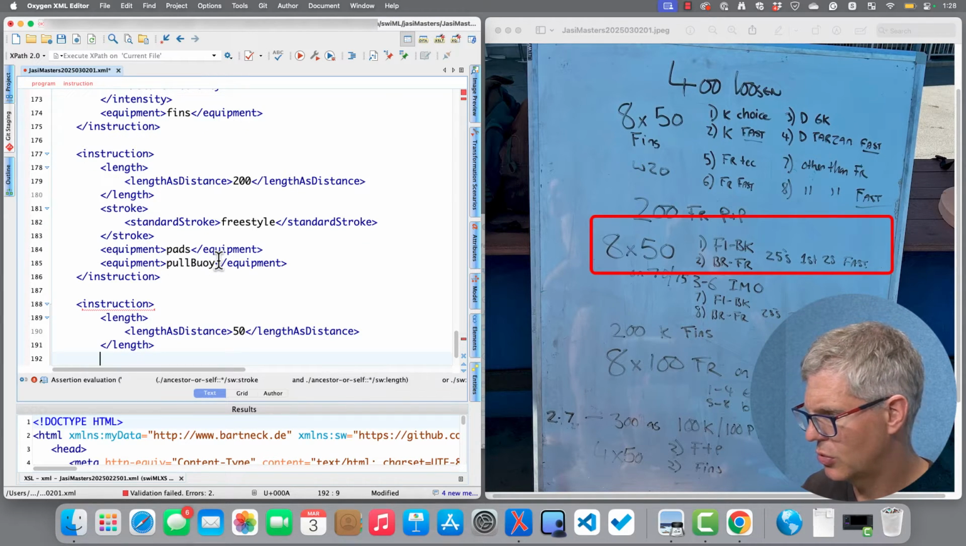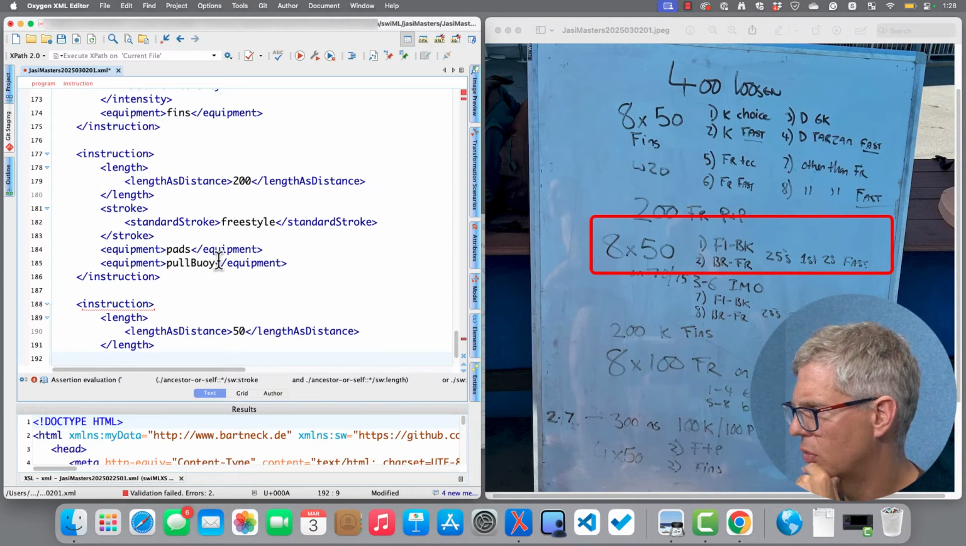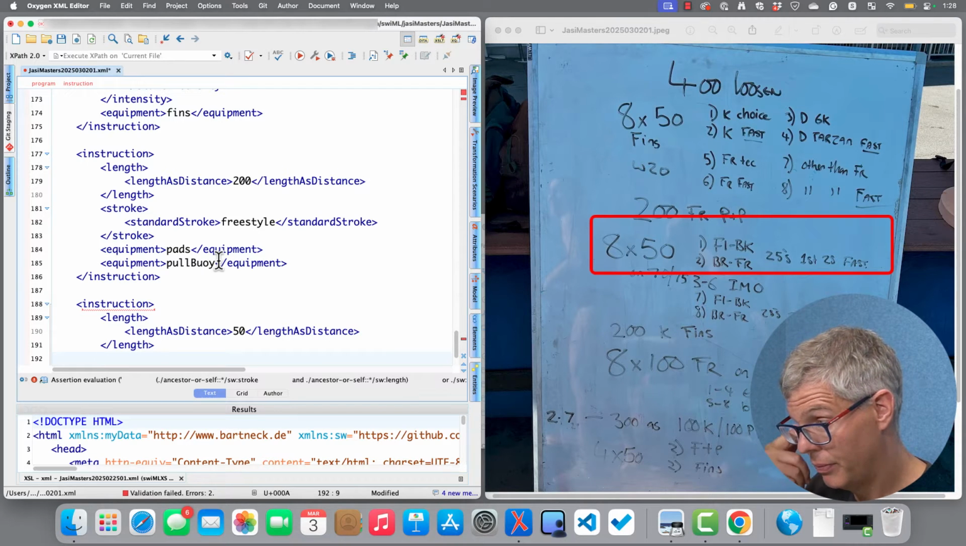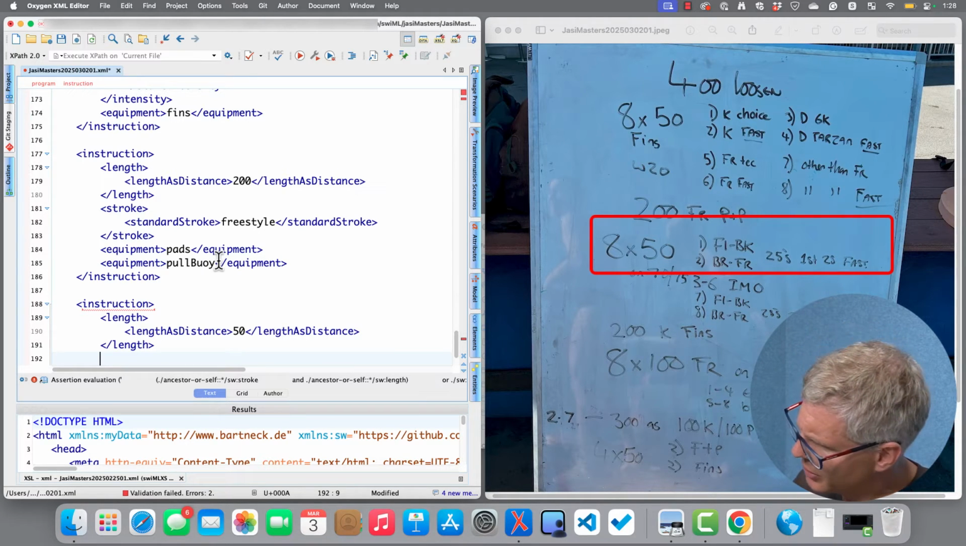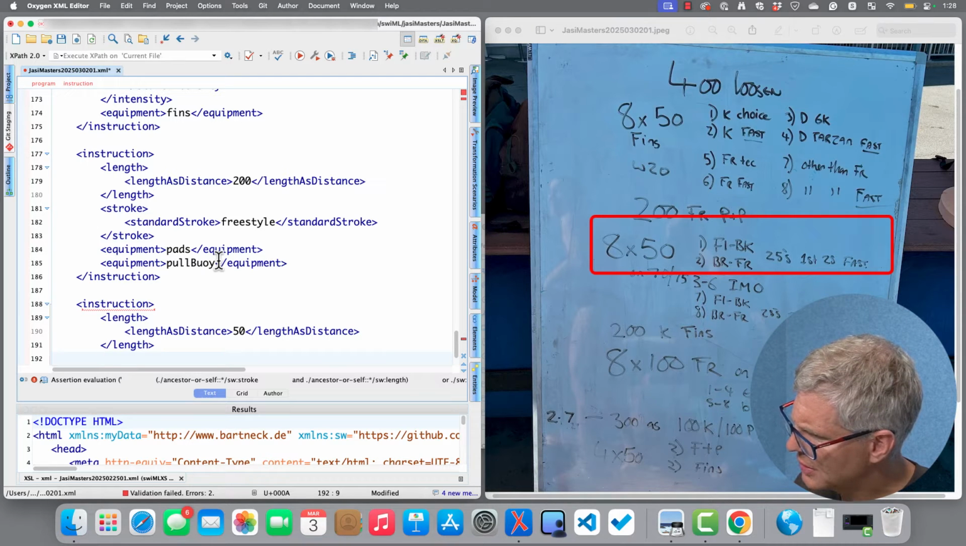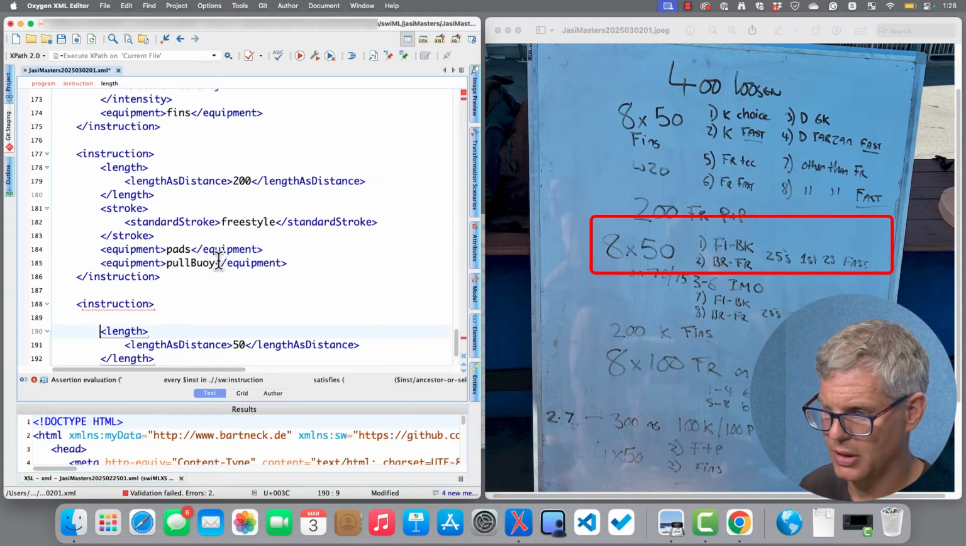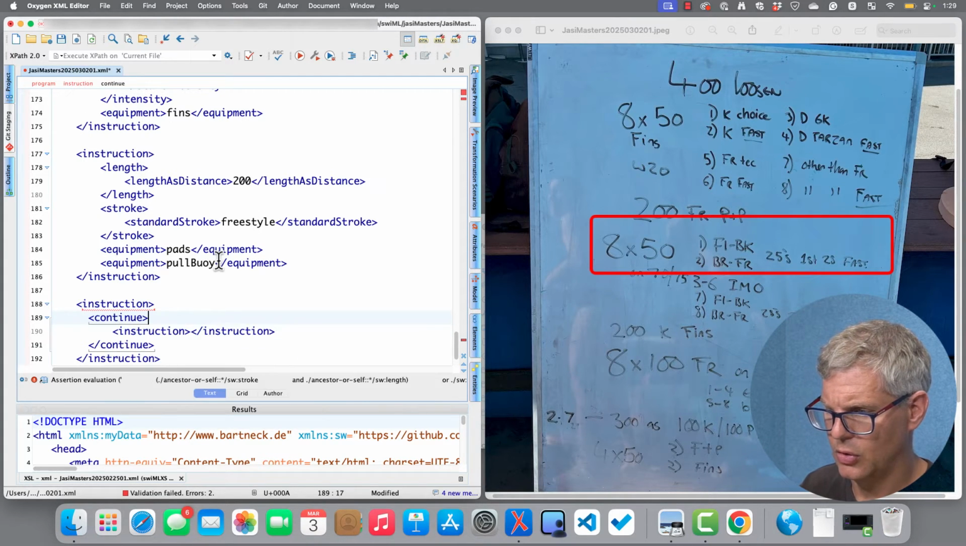Well, the stroke, the first one is IM overlap overall. Fly, back. Oh, and then we've got 3 and 6. This is 4 times. So this is actually 2 50s IM overlap. By the way, intensity is weird. First 25 fast. Okay, so this is really confusing. So this would be, instruction would be a continue. So this is all wrong. Let's try this again. So this is a continue,